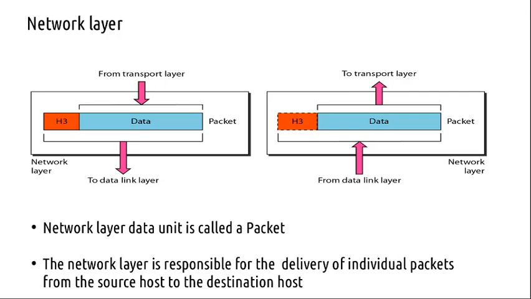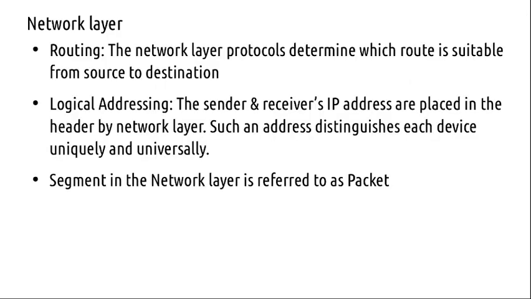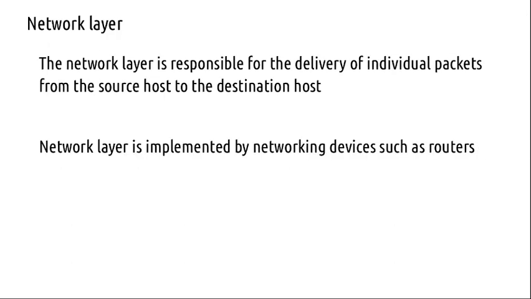Okay. So we were discussing the network layer. What is the data unit in the physical layer? It is called bits. Then the data link layer, it was called frames. Then when you come to the network layer, it is called a packet. So the network layer device is a router. Router is a network layer device, which routes packets across networks, and several intermediate routers will be there in the network.